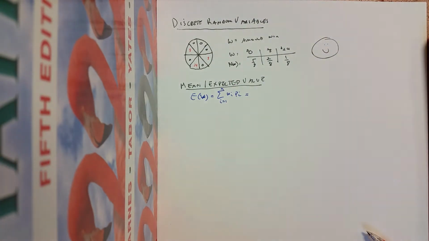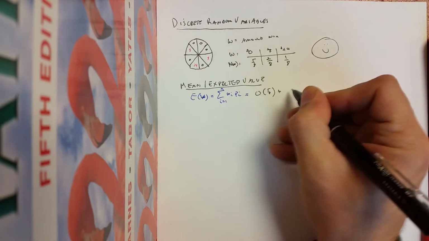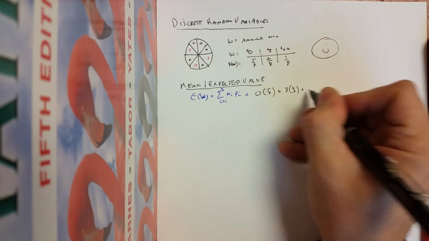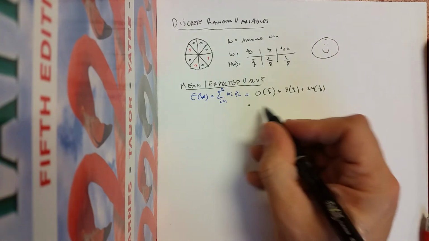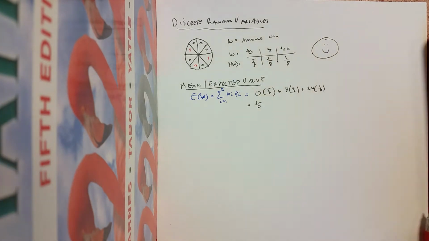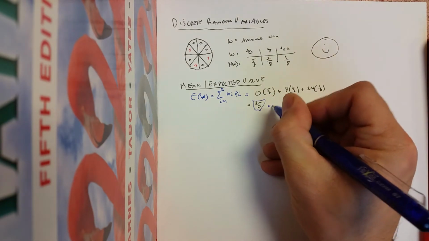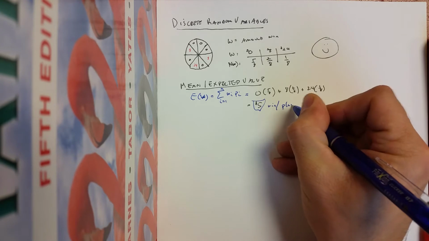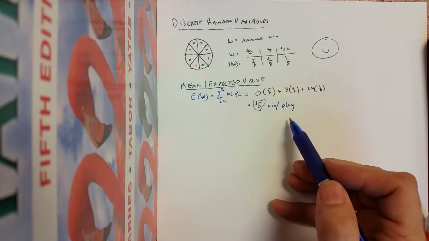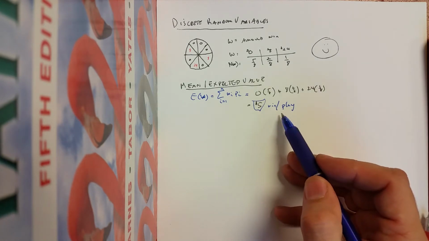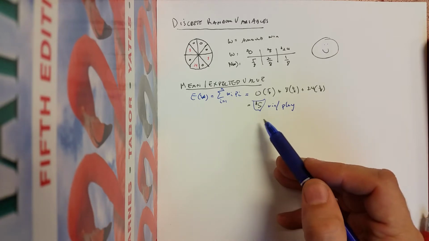Now in this particular case, this would be some easy math. We could do $0 times 5/8 plus $8 times 2/8 plus $24 times 1/8. And you see why I picked some of the numbers I did, so it would come out all pretty. And when you do some math, you get $5. That $5 is the amount you should win per play of the game. You won't win that on any specific play, but on average, it would come out to about $5 per play. So if you played 500 times, you would expect to win 5 times $500 about total, which would be a